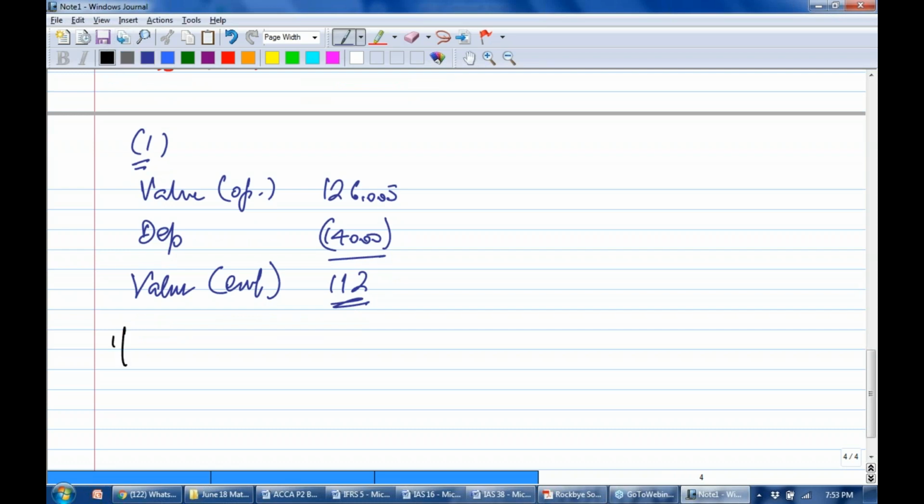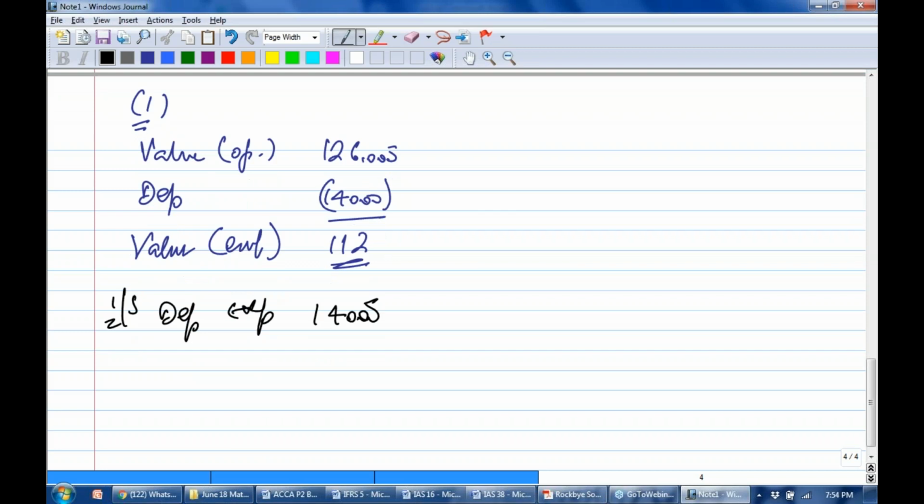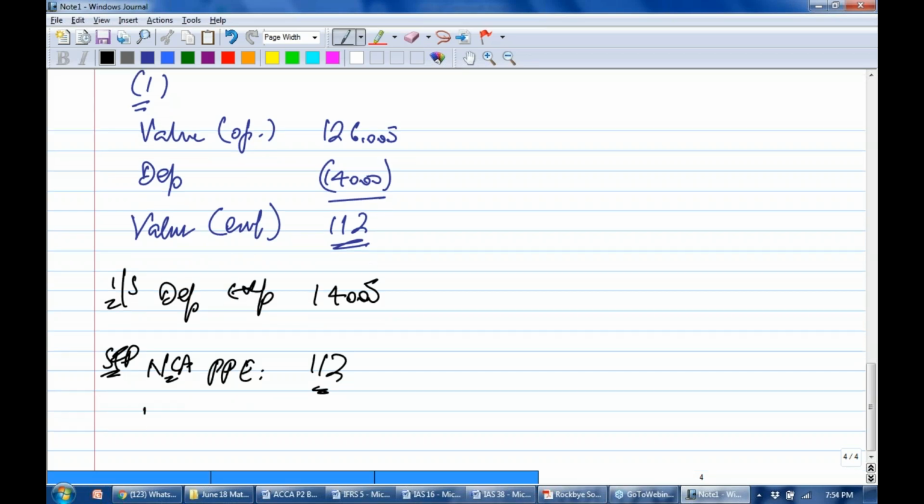And how about the income statement? Depreciation expense, that is 14,000. And the statement of financial position, how much is that? That is non-current asset, property, plant and equipment, 126 minus 14, that's 112. That's important. And revaluation reserve,